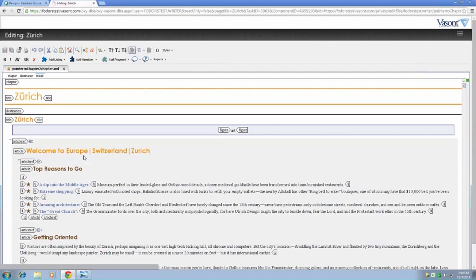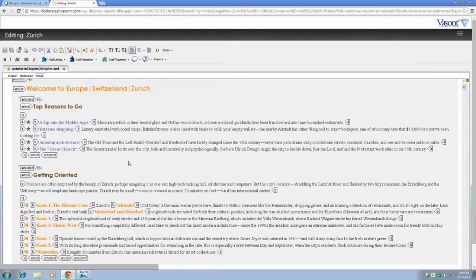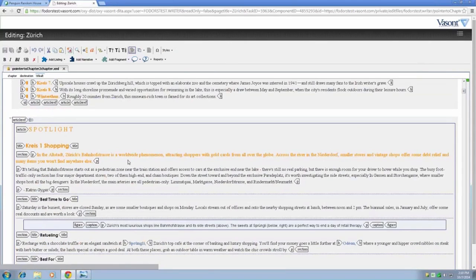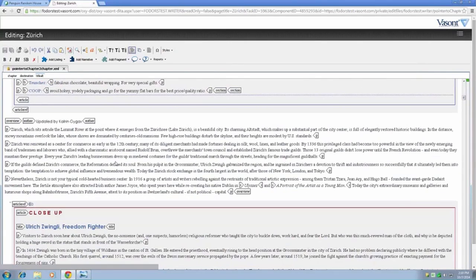So moving into the main chapter here, there are two main types of content. Some of the content lives directly in the chapter, and other content is referenced from within the chapter. Content that lives directly in the chapter is non-reference content, and a good example of this is this overview paragraph. If you wanted to make changes to the text, all you would do is just start typing. So if you wanted to change the 13 to 14, you would just start typing,